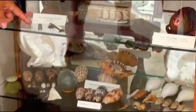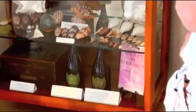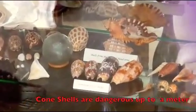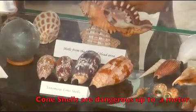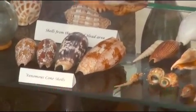Shipping bottles, and we've got venomous cone shells, which I like to tell you young people about. Don't pick them up on the beach because they've got a little harpoon that comes out the front, and its venom is as deadly as a blue-ringed octopus. It will kill you. If they've got a tent shape on them, in the pattern, that's generally...